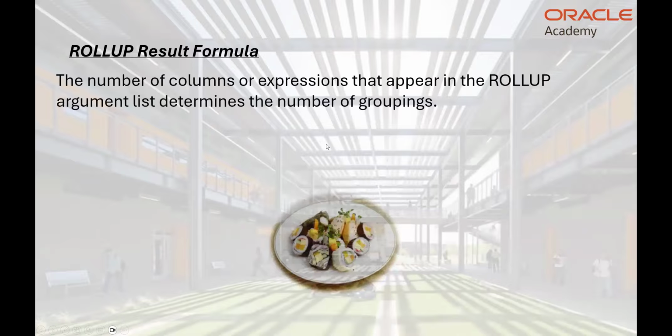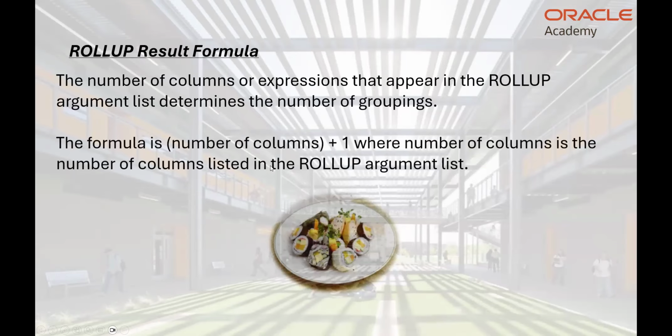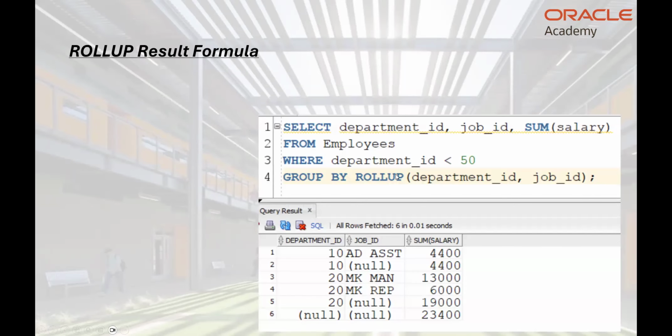There's a formula for the roll-up result set. The number of columns or expressions that appear in the roll-up argument list determines the number of groupings. So the formula is the number of columns plus one. And if you think about it, it makes sense. You have a grand total, so the plus one, where the number of columns is the number of columns listed in the roll-up argument list. That's what you'll see as far as